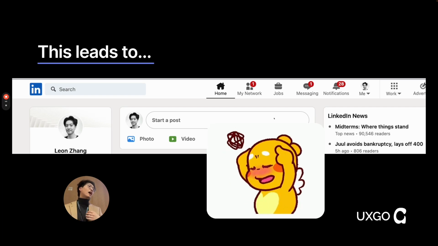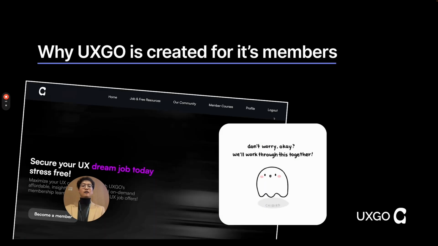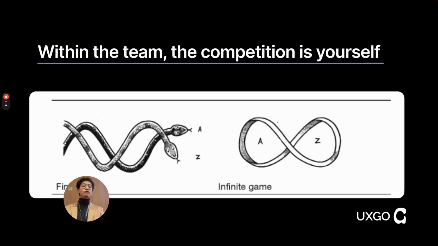So even myself, I don't use LinkedIn that much. I don't really like the platform as much. But right, it is important for recruitment and things like that. So we created UXGo because we really want to have a community like what we have today, where when all the members work together, even though it is a competition at the end, you can learn from each other too. There is this nature where a lot of this cutthroat competition is something that you can improve and work together. So try to think of everyone here at CMU or with your mentors, with us, UXGo, other people you work with, even perhaps your potential competitors. Try to think of you all as a team, right? And really the only competition you'll have within this team is yourself, right?